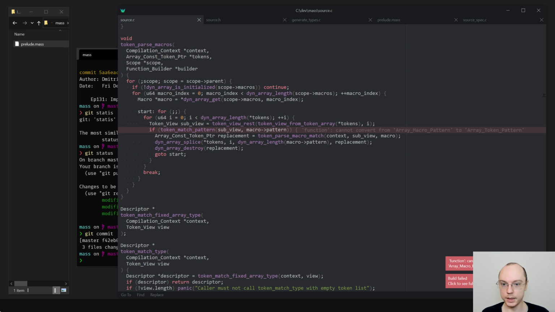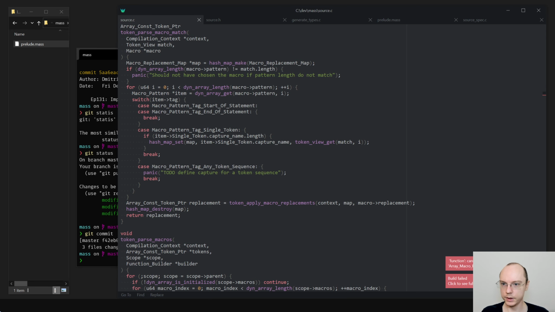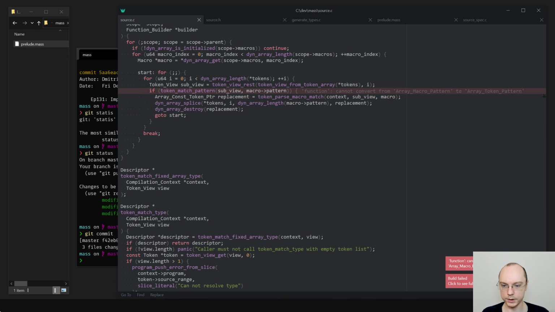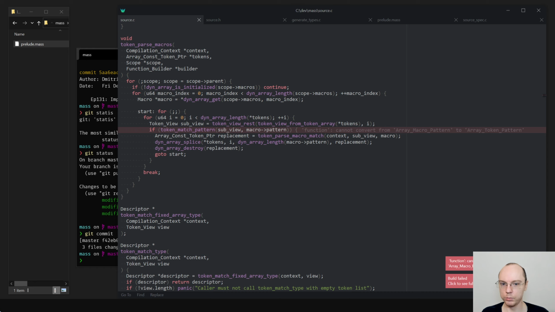And here is the matcher. And this is the mid of it. We will also need to have a switch here on the macro pattern. So we start, we go through the tokens.